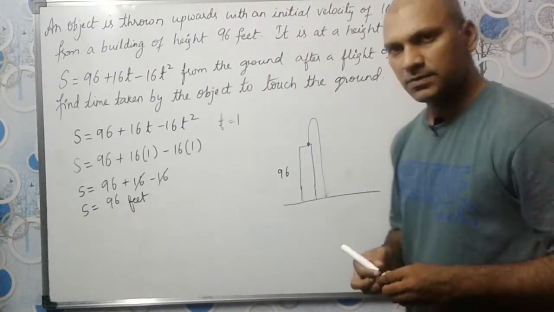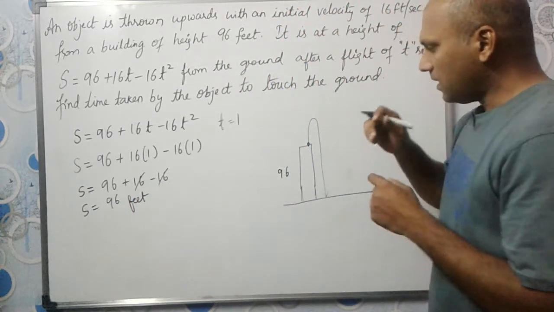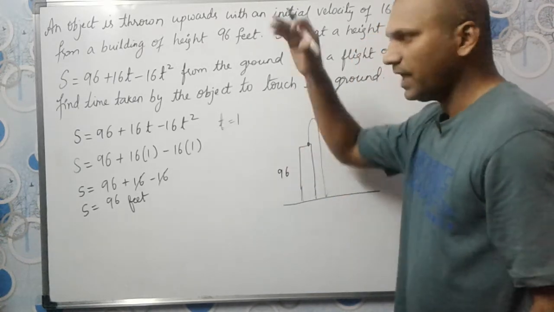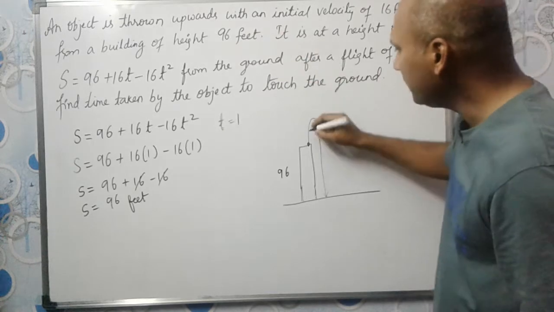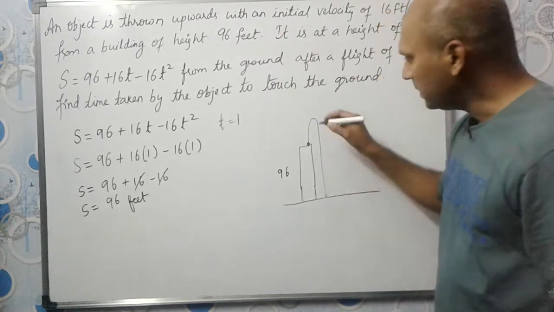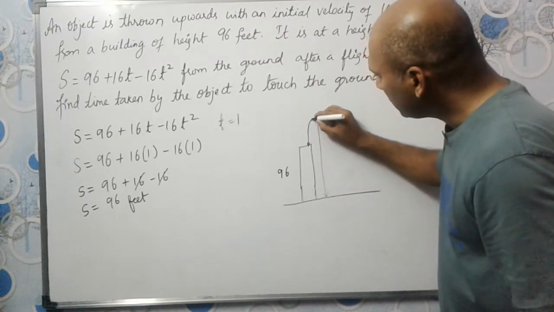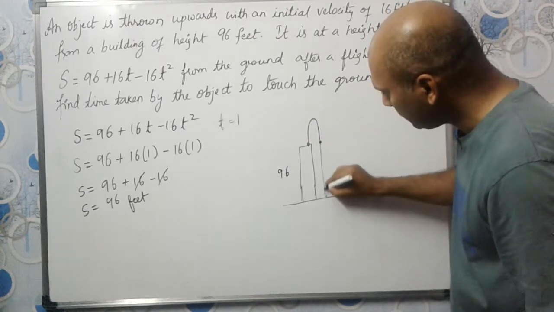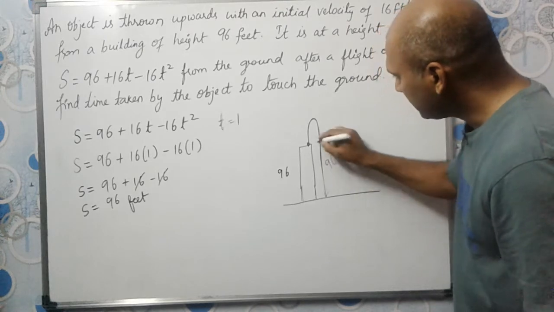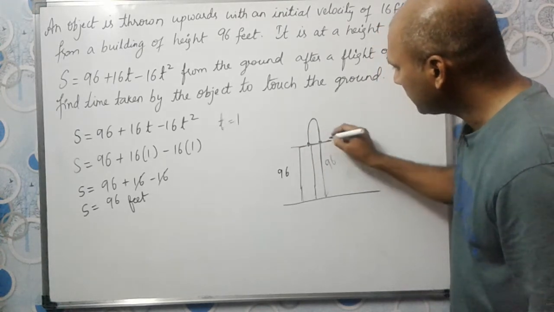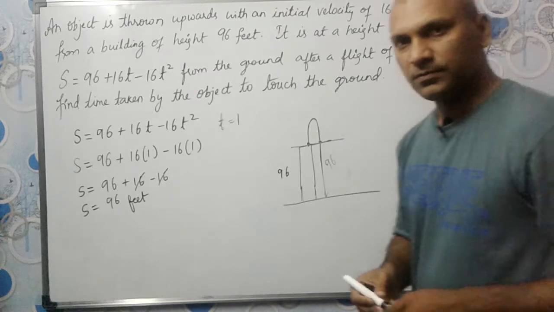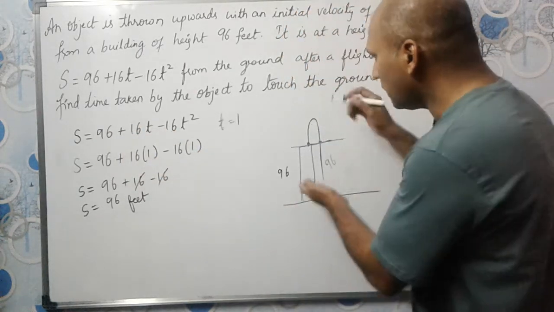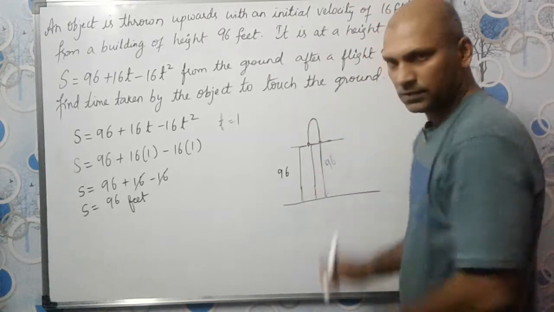What do we mean by this? So see, at 0 seconds also it is at 96. After 1 second of flight, the ball is still at 96, which means, see, the ball is going up here and it is coming back to the same height. And the height is what? From the ground, again 96. These heights are same. Okay, these heights are same. I hope you understood what the equation means. S is the height of the object from the ground.